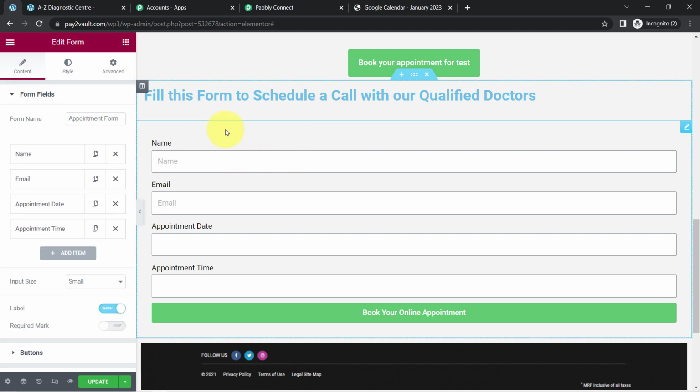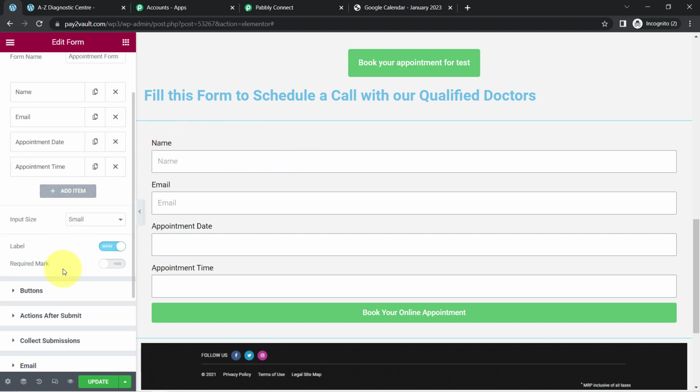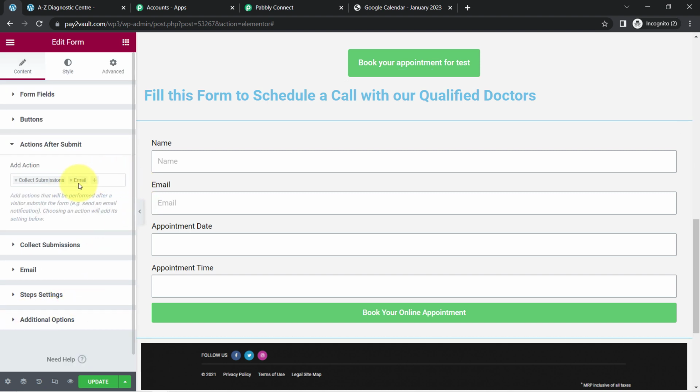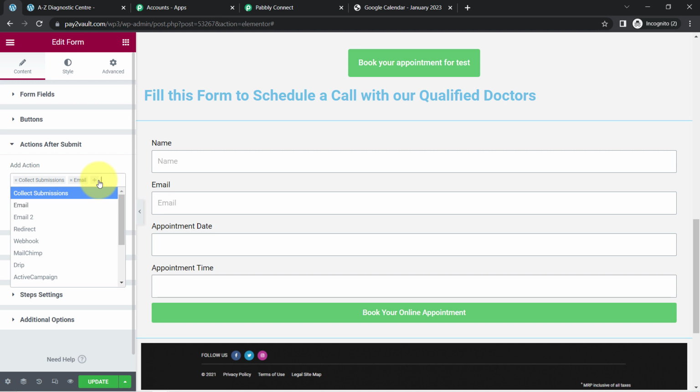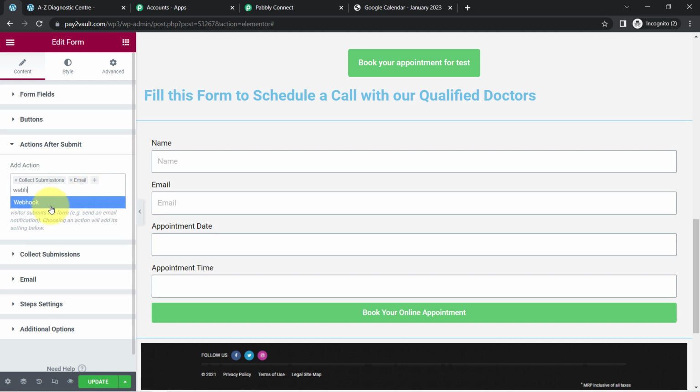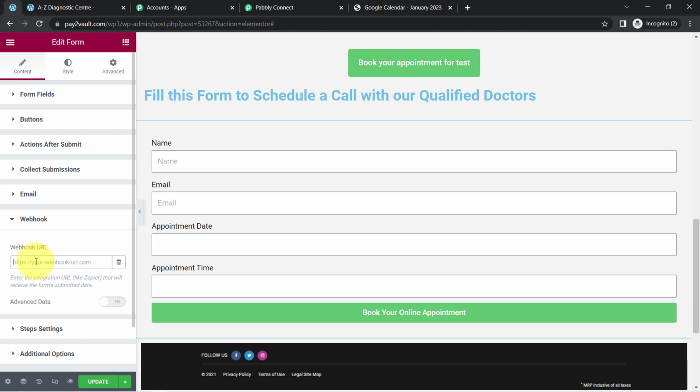And after clicking on this particular form, you will find an option of actions after submit. Open this option, and here you will have to search for the webhooks. So let me search for the webhooks here, and after searching, you will find the webhook option. Open this webhook option, and here you will have to paste the same webhook URL